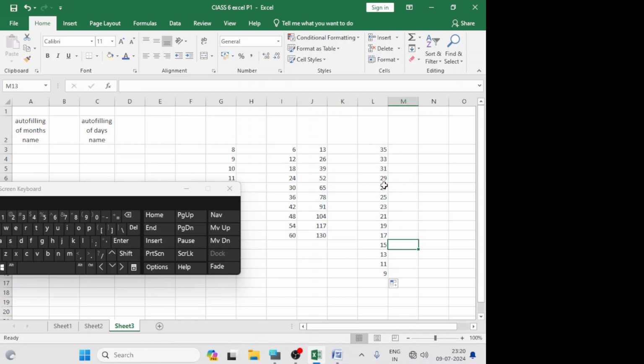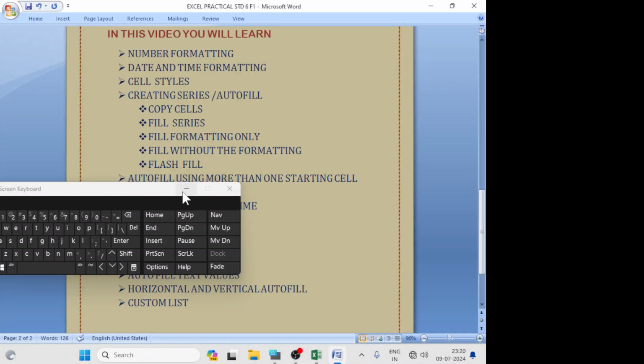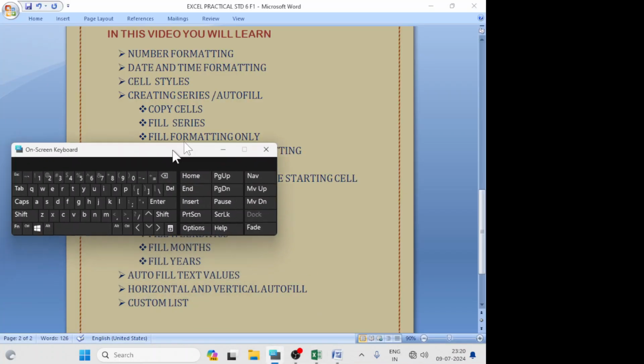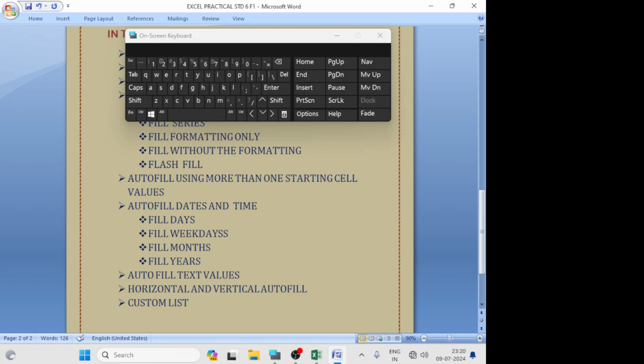You can see that all the numbers are decreasing by 2. So like this is known as autofill using more than one starting cell values.